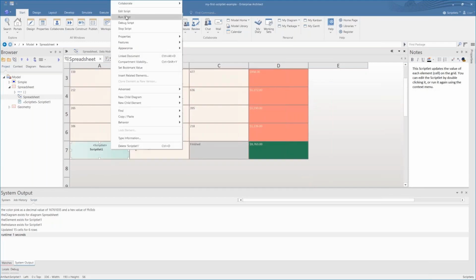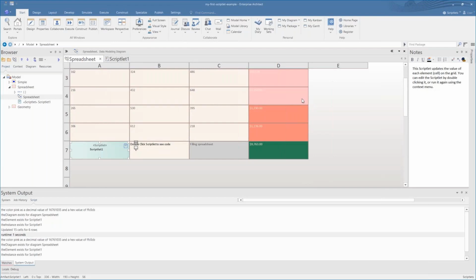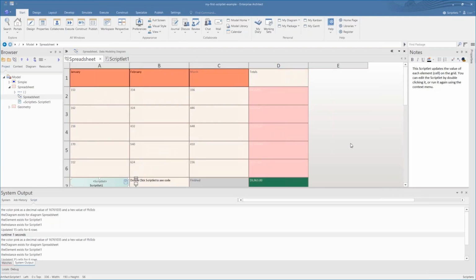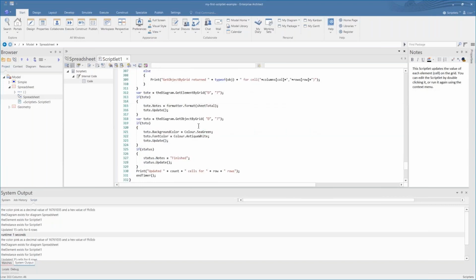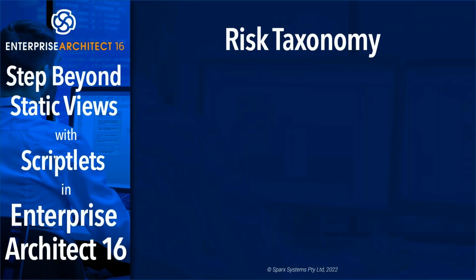We've looked at how to run, stop, and edit scriptlets. We've looked at how to modify the background colors of cells. We've looked at the new grid style diagrams and how to implement those. And we've also looked at the debugger, and we've been able to insert a breakpoint.